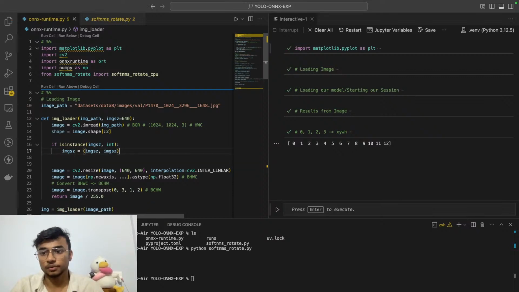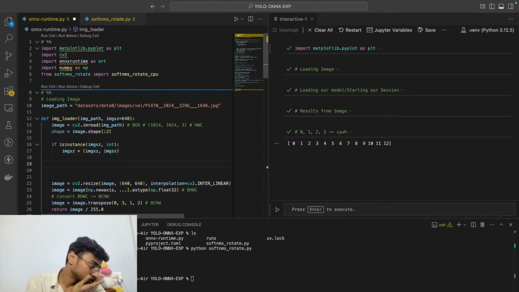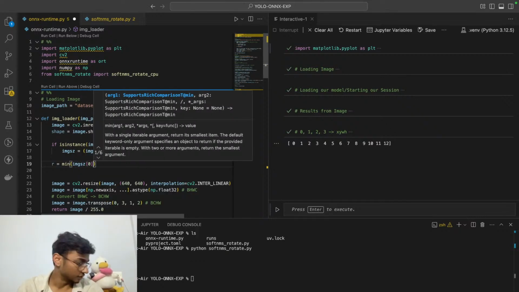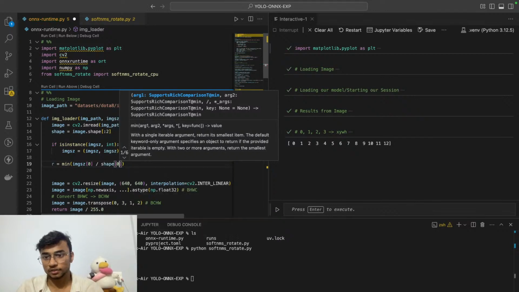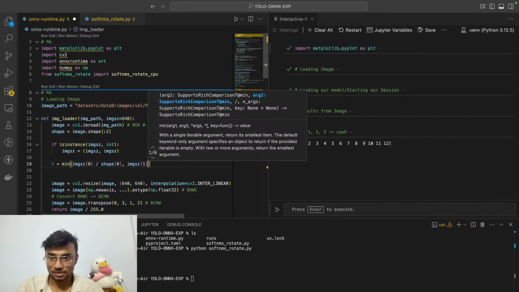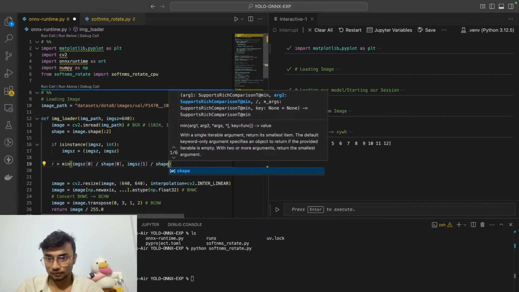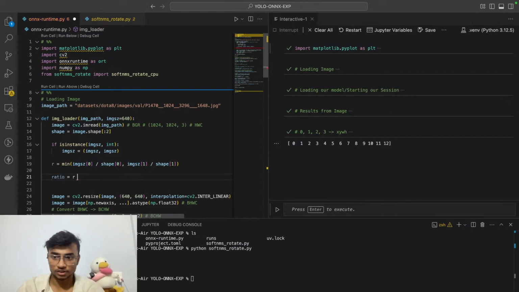So this is what I want to do, and then here I'll say scale ratio new to old. So r, this is my ratio, is equal to min image size 0 comma shape 0. So I'm just trying to calculate my ratios, and this code is directly taken from the Ultralytics code that I just showed you. So there is not much to discuss here. Ratio is equal to r comma r,